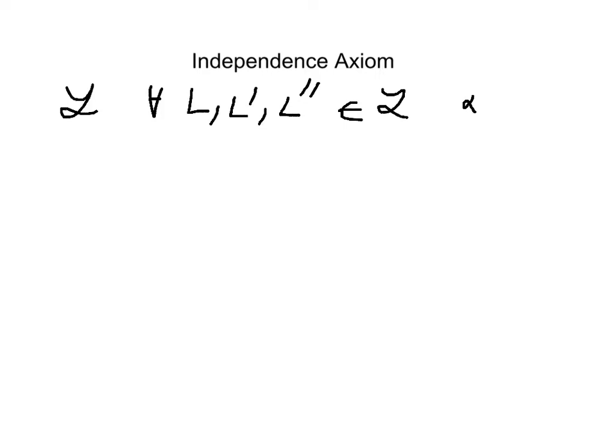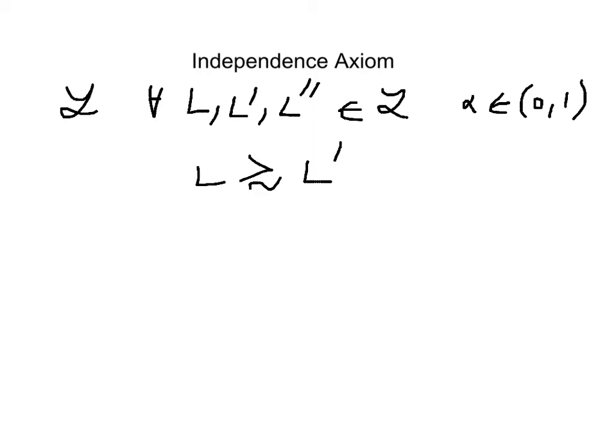So the second axiom that we're looking at is the independence axiom. A preference relation defined on the space of simple lotteries L satisfies the independence axiom if for all L, L prime, and L double prime, which are three lotteries in the space of simple lotteries, given a particular probability alpha, which is a number between 0 and 1, if we have L is preferred to L prime,